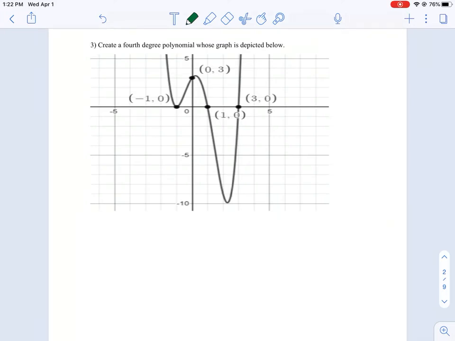Alright class, in this video I'll be doing example 3 from section 5.1. It says create a fourth degree polynomial whose graph is depicted below. And notice when you look at the graph